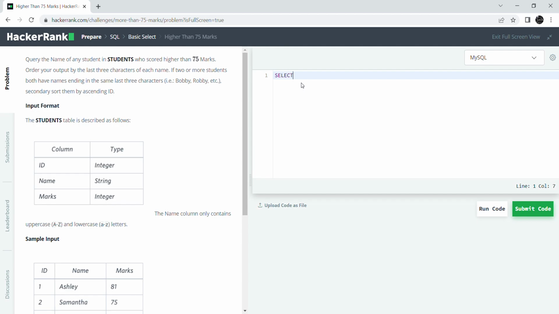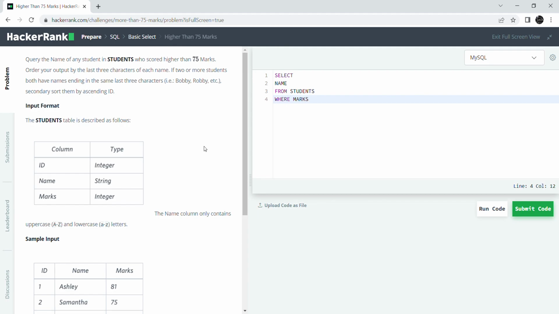As we know, we will write select, and it has been mentioned to query only the name field. So, select name from the table named students. Now, higher than 75 marks is the business case, and the business case should be included in the where clause. So we can write where